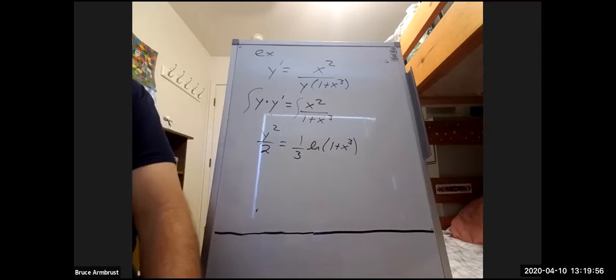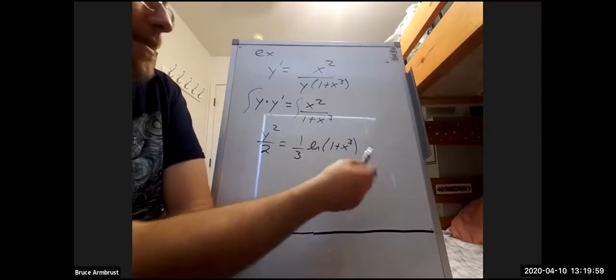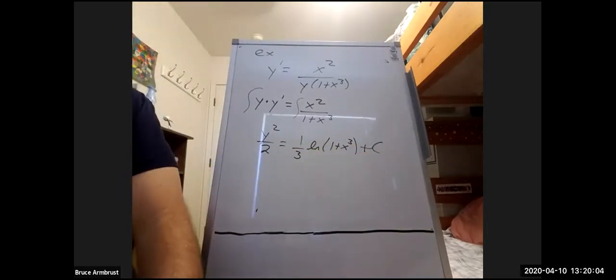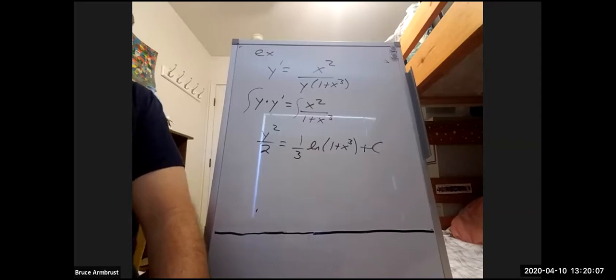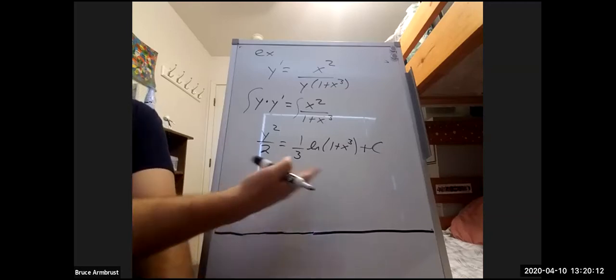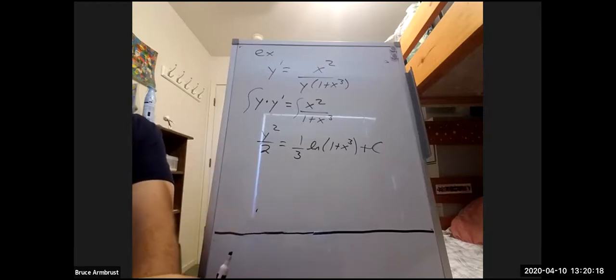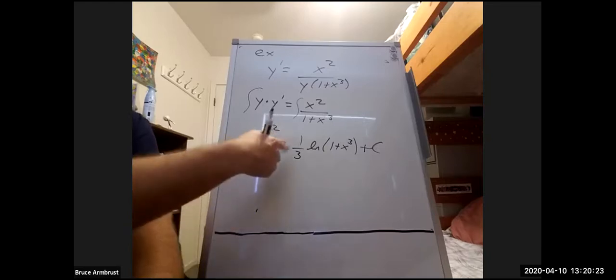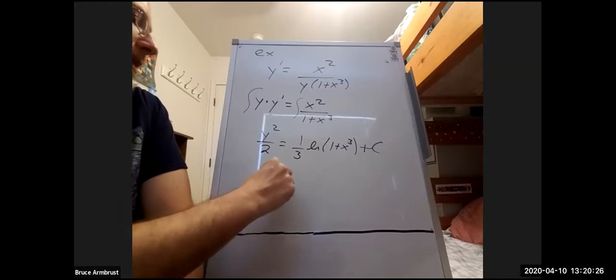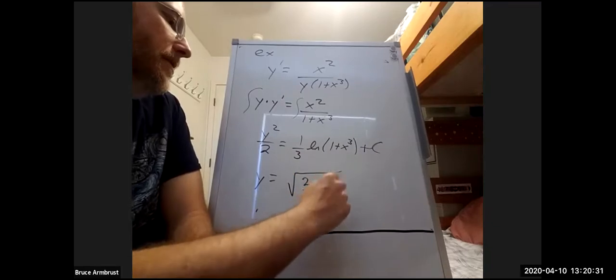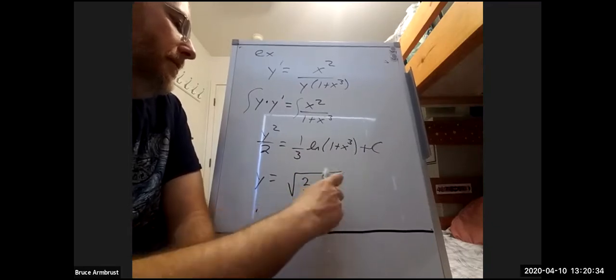All right, the one thing though we need to make sure we put on is the plus c, because there are lots of possible solutions, and that gets us there. All right, so no big deal, right? But obviously, you probably want to go ahead and solve this for y. That's not too bad here. We just move the 2 over, take a square root. And so we're going to get y equals the square root of 2/3 natural log of 1 plus x cubed